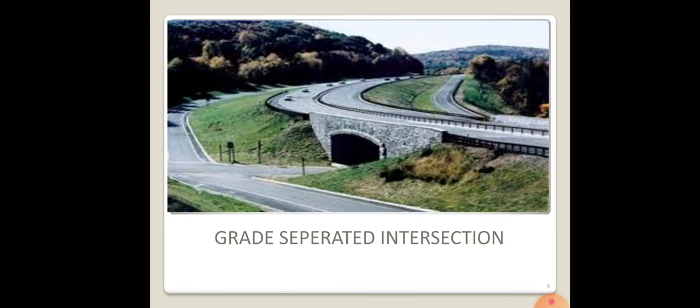So that is very important in the case of a grade separated intersection, because here the level is not the same. And also here the interchange configurations are designed in such a way as to accommodate economically the traffic requirements of the flow, and also the operation on the crossing facilities, the physical requirements of the topography, the adjoining land uses, the right of way, and also the direction of the movements.